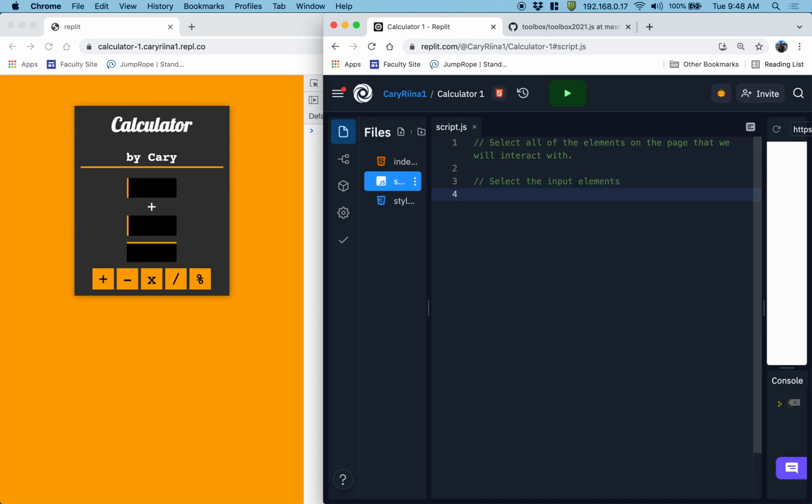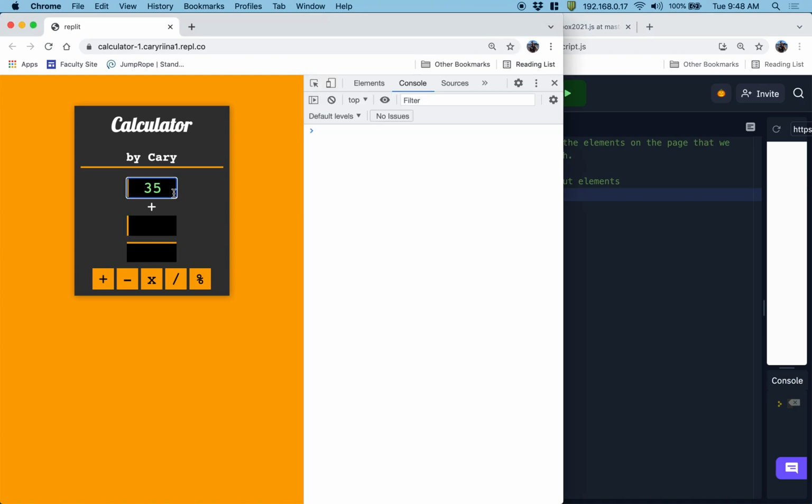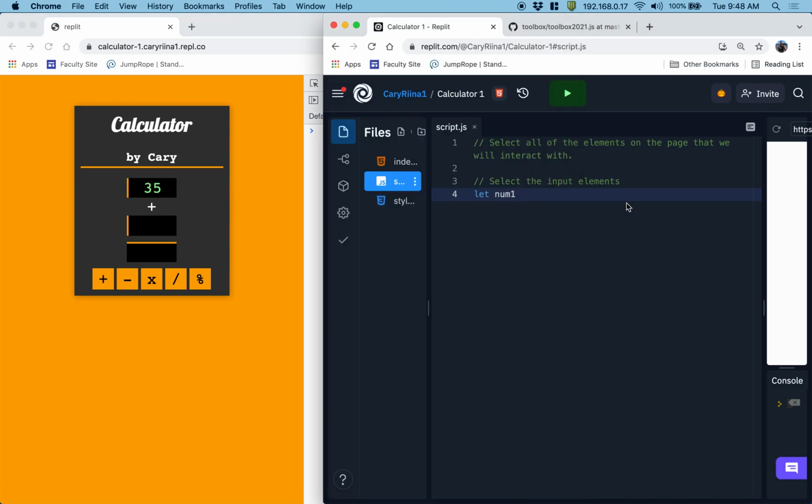I'll call the first number number1, or num1. What's interesting about this is I have to be a little bit careful here. When you select these things, you're not actually selecting the value that goes in it. You're not selecting 35, you're selecting this whole element. So number1 is probably not a great choice here. Let me call this input1. And I'm going to say